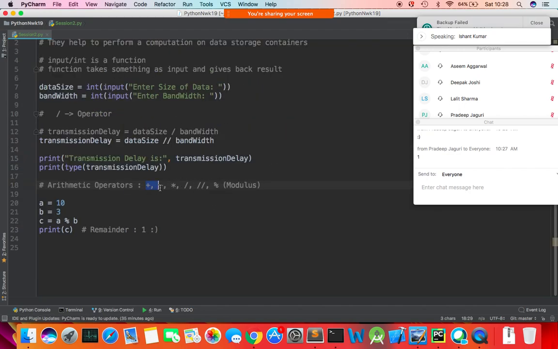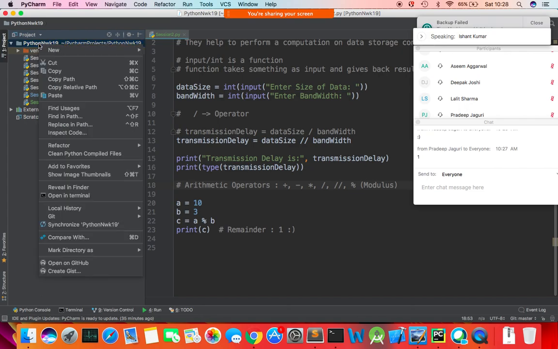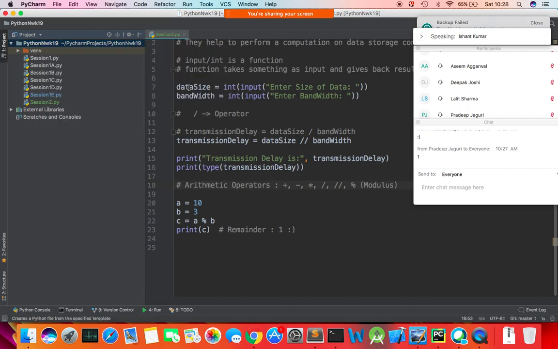Other than this, plus, minus, multiply, divide, everything is purely mathematics. I hope we know how to demonstrate that. You can just try looking into them, how they're going to work for us. But very quickly, I would like to take one more demo on operators, how they work in the software industry as well. So let us create a new Python file,